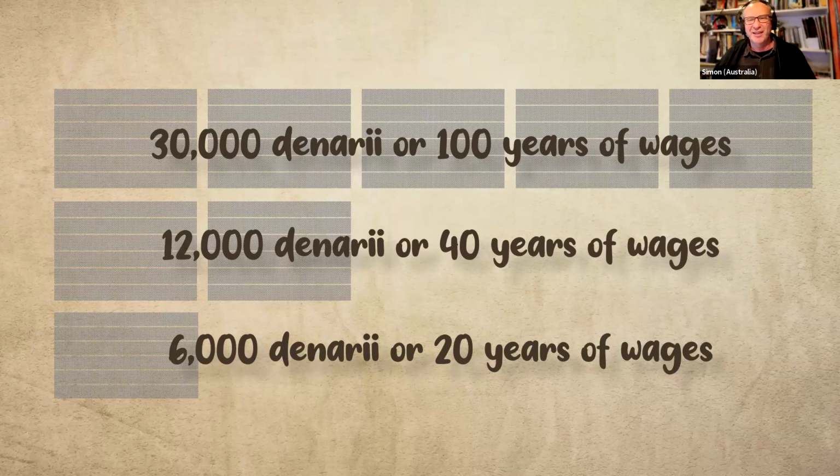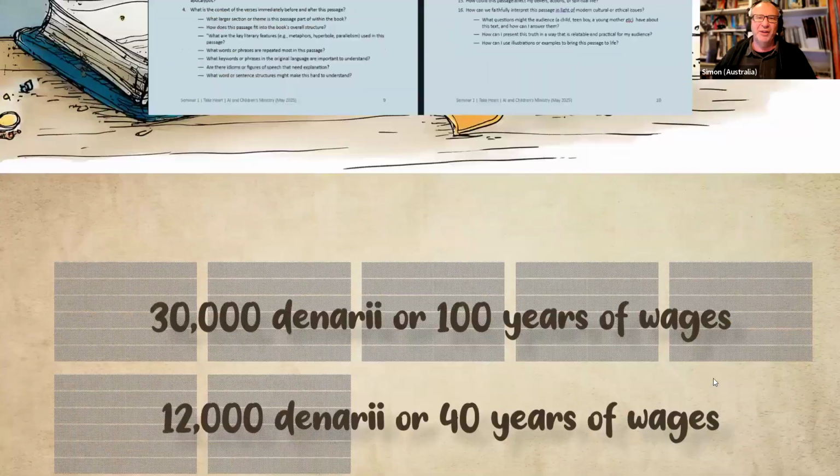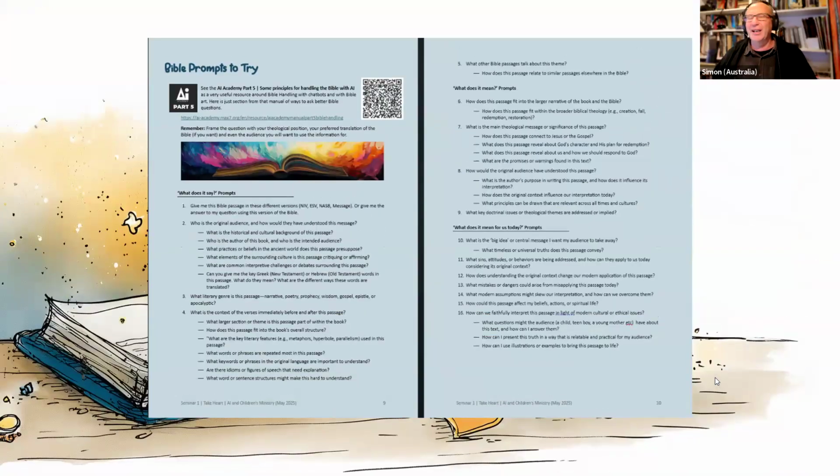So I think it made me realize that we have been given a remarkable opportunity by God. Even if we're only given one talent, he's given us over and above what we can possibly imagine. And what are we going to do with the opportunities that he's given us? So that was something I learned from ChatGPT by asking a few questions. And then go and have a look at the AI Academy manual on Bible handling. It's got all different ideas of prompts that you might want to ask a chatbot to be able to